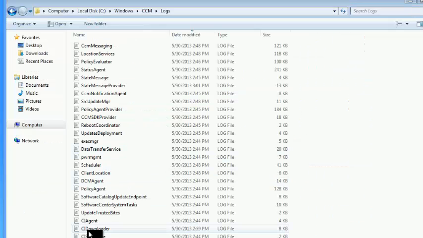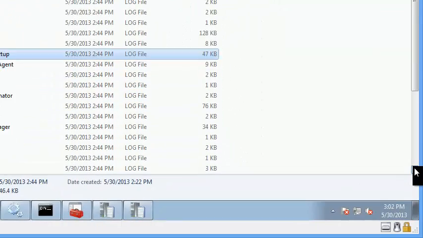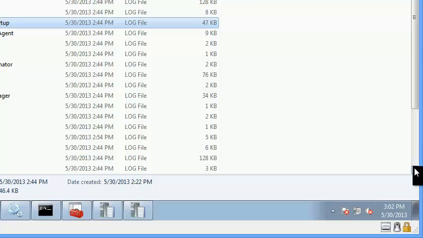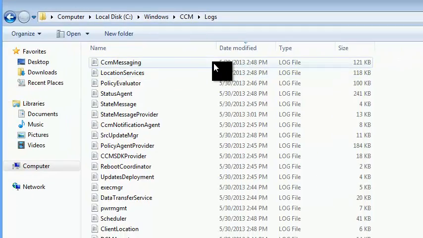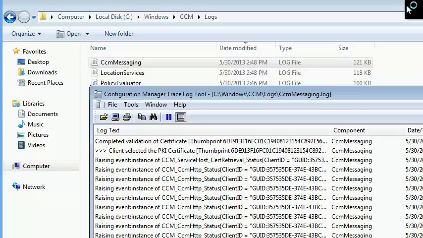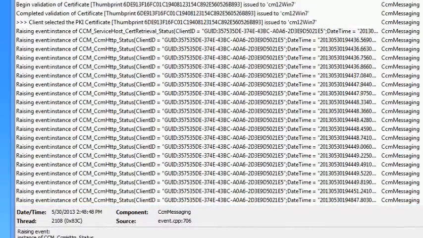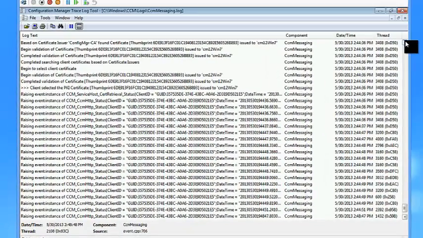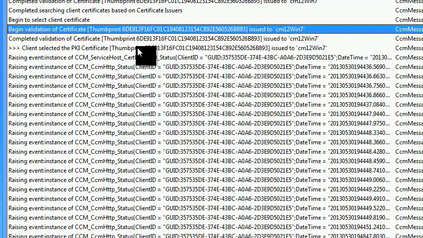And while you're troubleshooting, if something is not working and you want to gather more information or understand why the client is not functioning as expected, CCM messaging is the log which tells you what happened when the client tried to communicate with the management point, when it is trying to send some data to the management point. So in this log, we can actually see